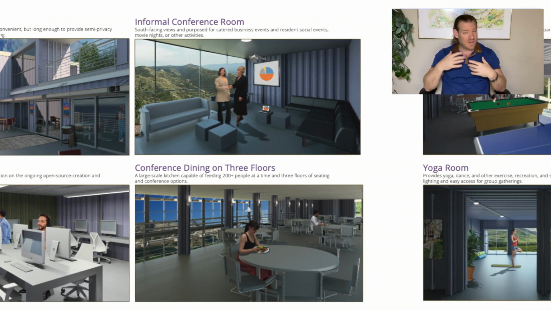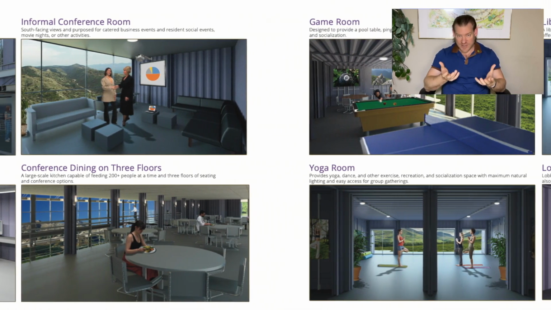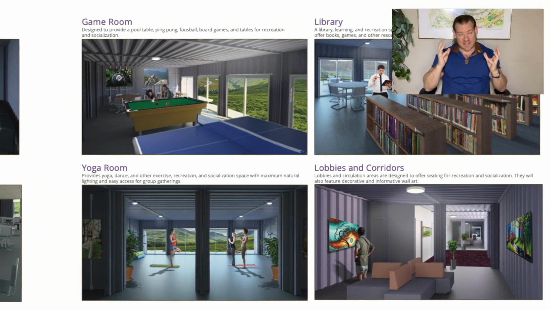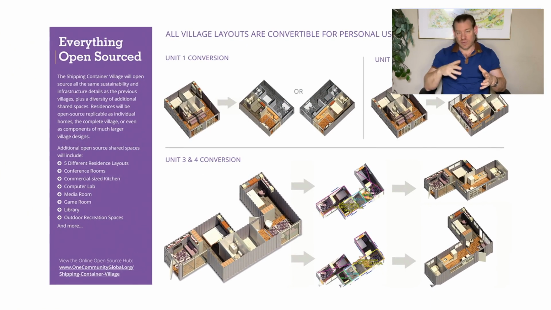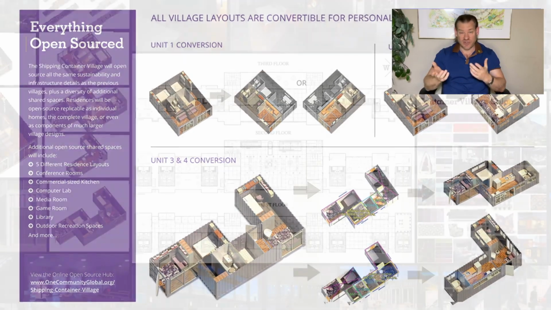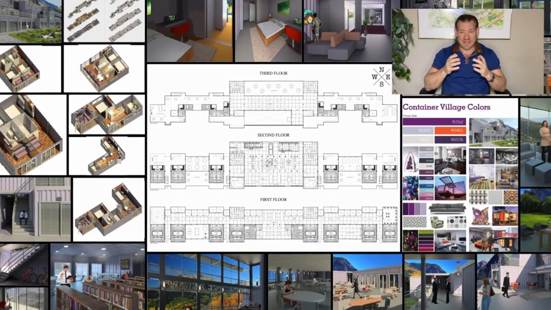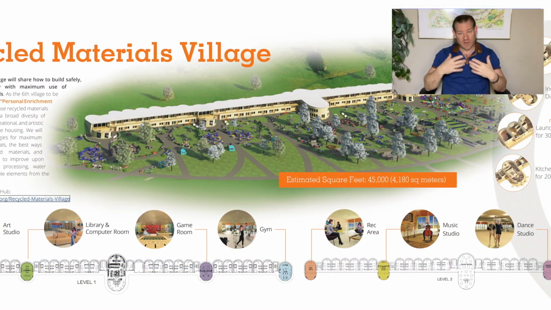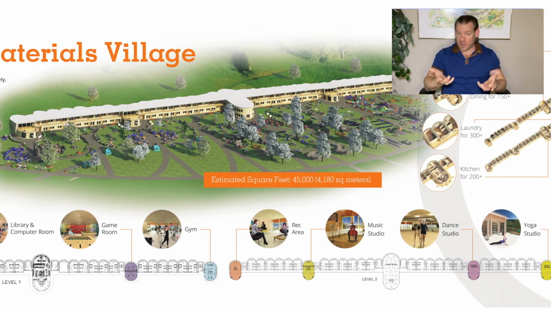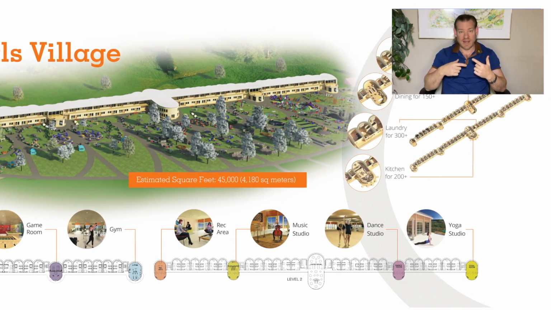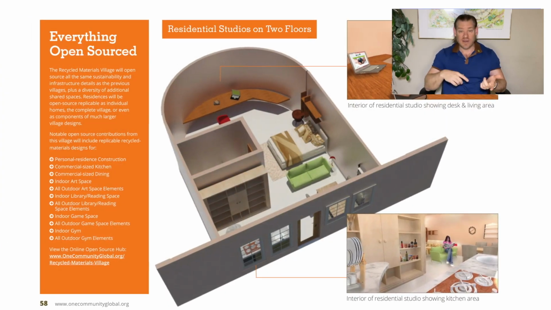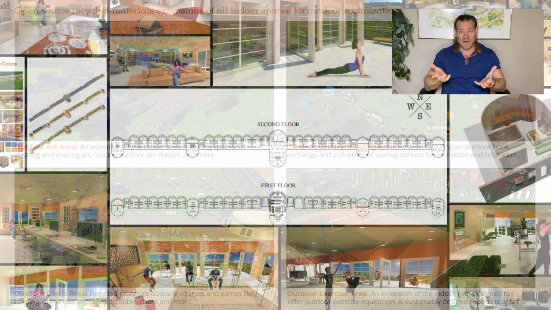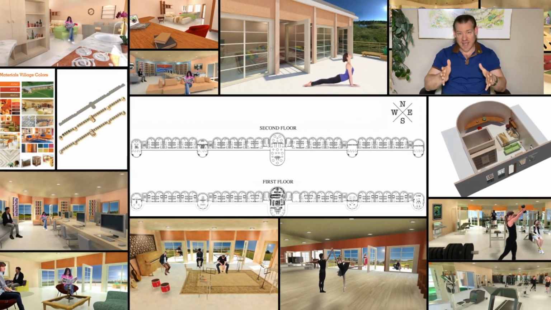If you go to our website and read the pages, you'll see that there have been hundreds of thousands of hours of design and intent put into clarifying what this looks like as the initial prototype, and creating the tools, the resources, the plans, the blueprints, the step-by-step construction details, so that people know exactly how to replicate everything we're doing. We're designing this so that we'll then use those plans to build one community, to fill in the blanks, to identify what we didn't know, to answer the questions we didn't know we needed to answer, because we're answering all the questions we can think of, and to fill in all the blanks so there's a comprehensive set of instructions.